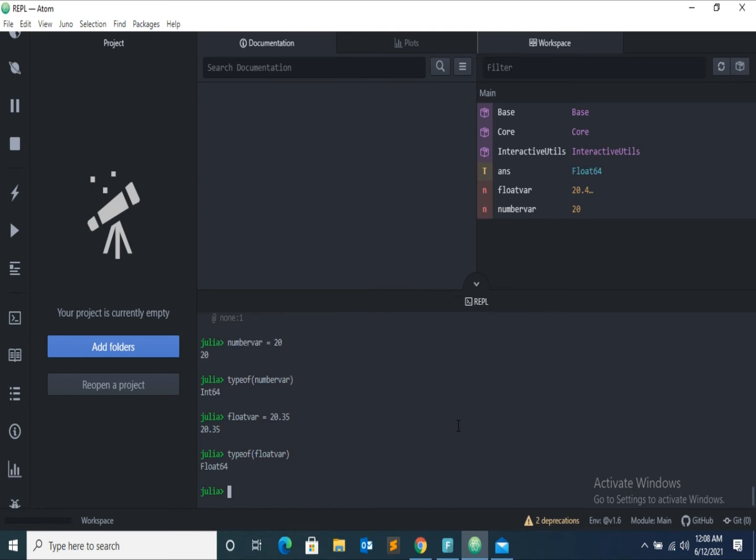It means that Julia is successfully installed in our Atom environment. Now we can work easily in this environment. Errors will come in red color.